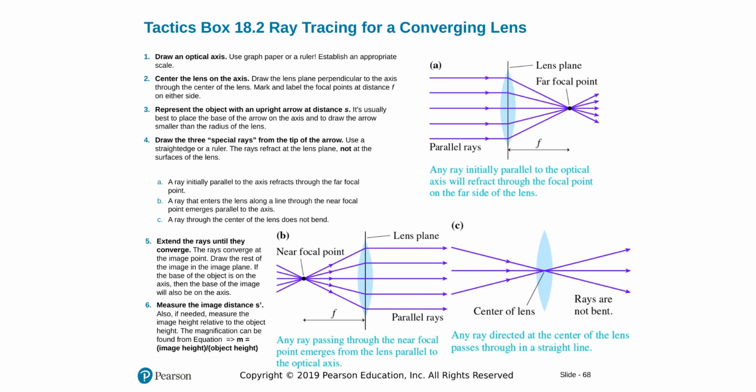So those are virtual images. And this tactic box summarizes what we said. Always go back to this tactic box and remember what we have to do. Special rays: parallel rays pass through the focal point on the other side, rays passing through the focal point refract parallel to the other side, and those coming to the center pass directly to the other